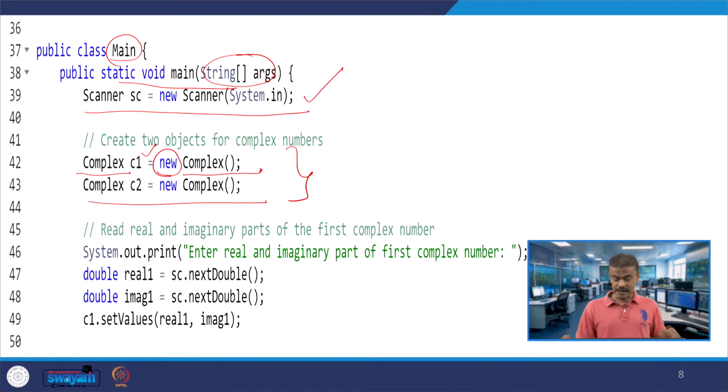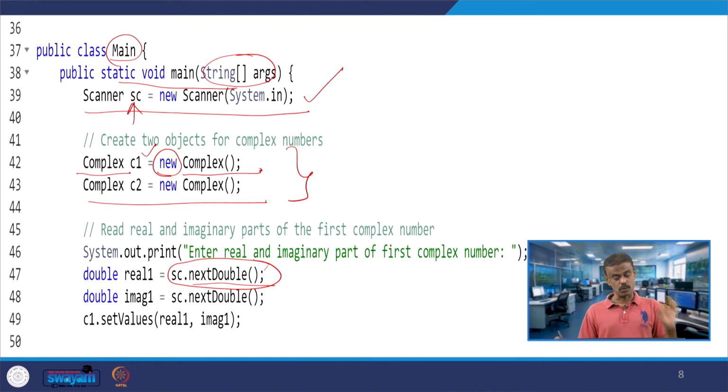So, now enter your real and imaginary parts of the first complex number. You are taking the input from the user, and this is what you use, the Scanner. It is like a scanner for scanning: sc dot nextInt, that means the integer data type, or nextDouble. So, this is the inbuilt function using your object sc under the class Scanner.